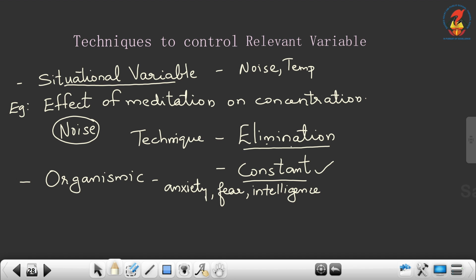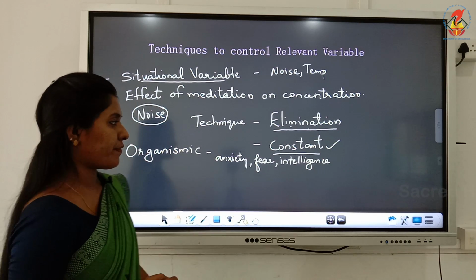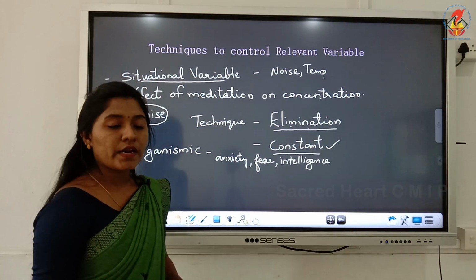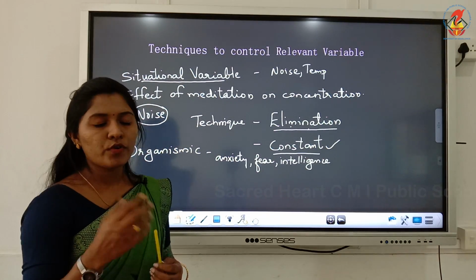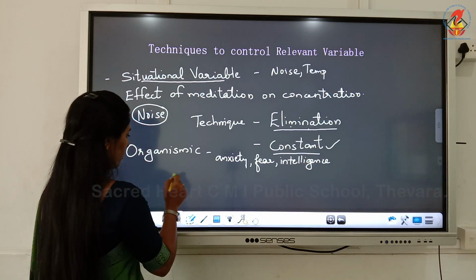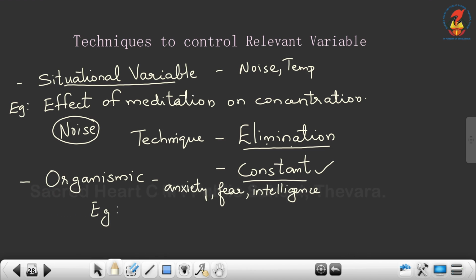So these are some organismic variables: anxiety, fear, intelligence, etc. So let us take an example, a study on the food habits of a culture.